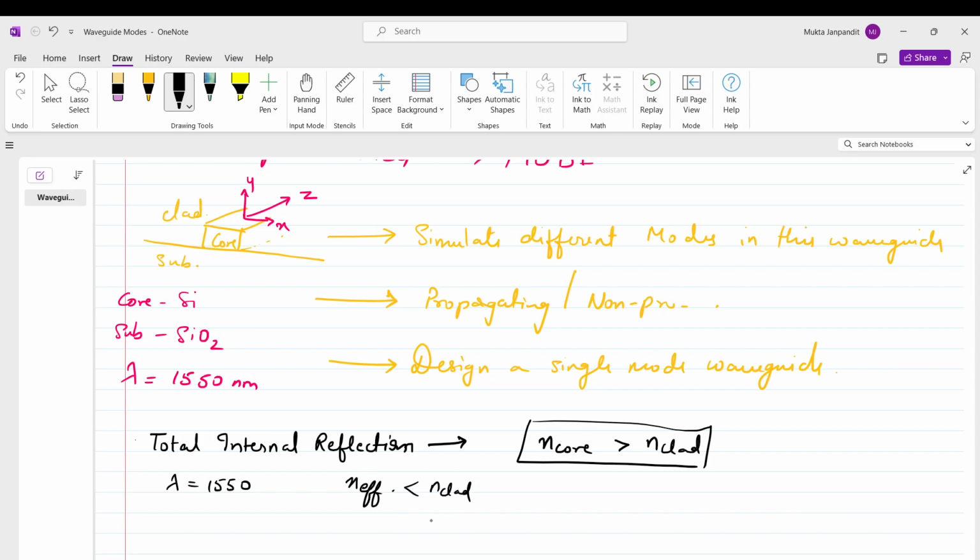The mode will not propagate because the condition for total internal reflection won't be satisfied. The mode is not confined, or propagating, or the mode is lossy. If n effective is greater than n clad or n substrate, whichever is the larger, then we say that the mode is propagating.